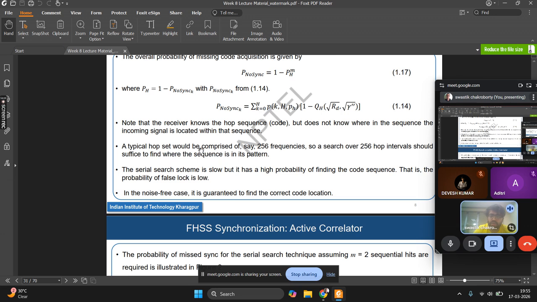Next, a typical hop pattern would be comprised of, say, 256 frequencies. So a search over 256 hop intervals should suffice to find where the sequence is in the pattern. The serial search scheme is slow, but it has a high probability of finding the code sequence. The probability of false alarm is low. So it is slow, but it is reliable. Parallel correlator is expensive and not as reliable,